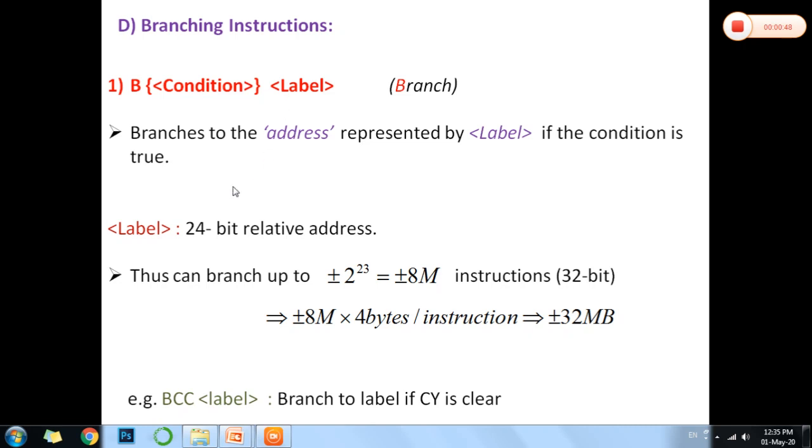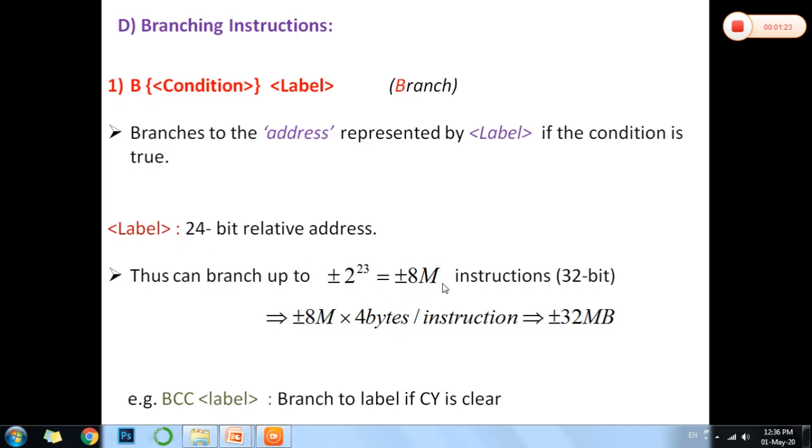Label is actually a 24-bit relative address. Actually it's a 24-bit signed number. It is added to the current value of the program counter to obtain the branching address. Because it's a 24-bit signed number, its range is like this. Out of 24 bits, 1 bit is the sign bit, and therefore plus minus 2 raised to 23,